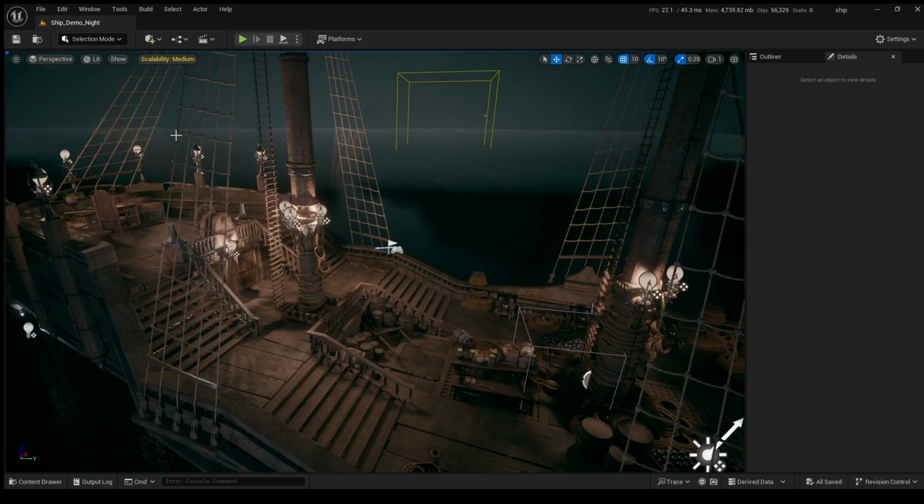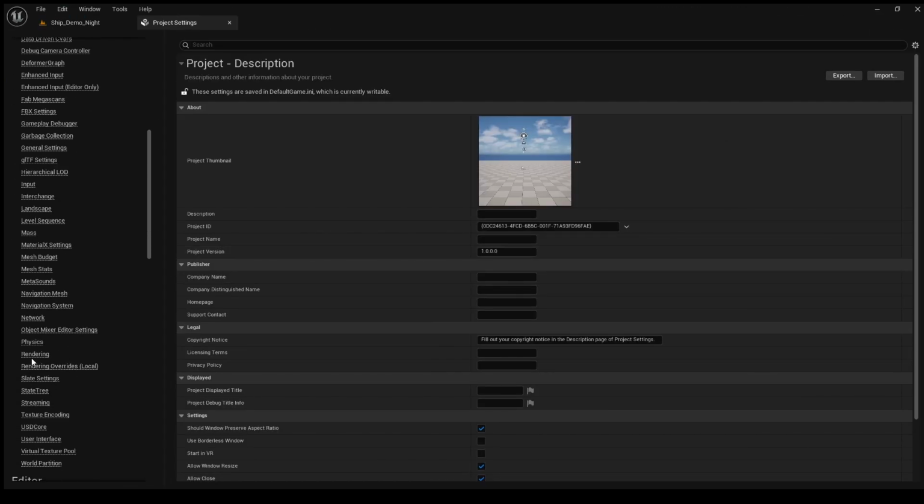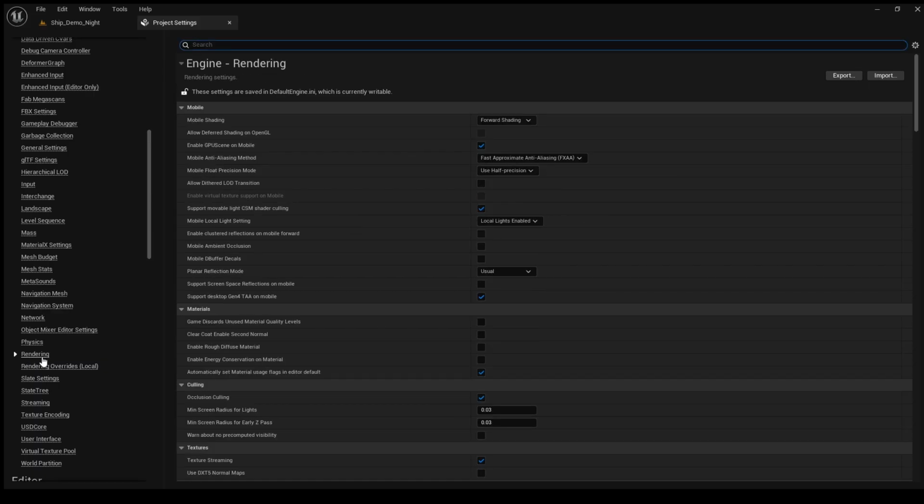So to begin with, let me go to the project settings. In particular, we need to focus on the rendering settings, because these are the settings which will greatly affect your overall project performance itself. Okay, if I go with the collapsed view,